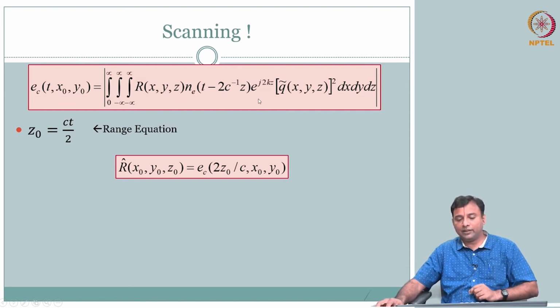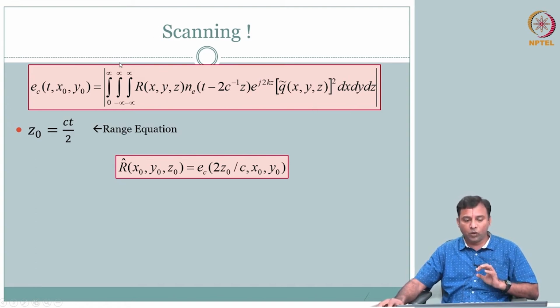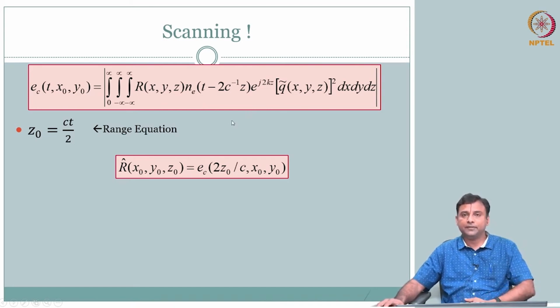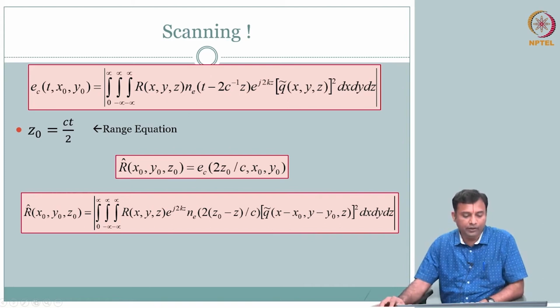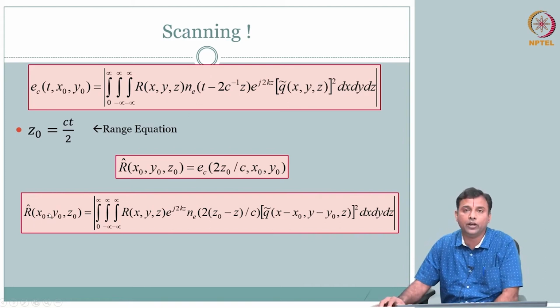Of course, there are other factors here, what you send and how you send it. But you get the big picture. The big picture is that what you are recording is nothing but an estimate of reflectivity, or the scattering coefficients. So we'll write it in that form. R hat of x naught, y naught, z naught